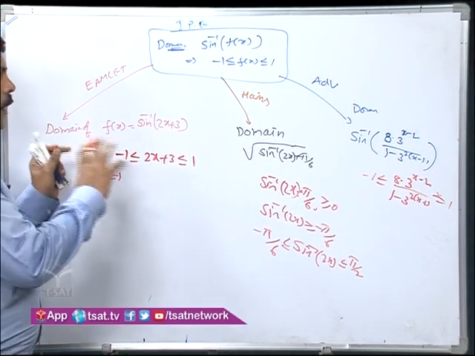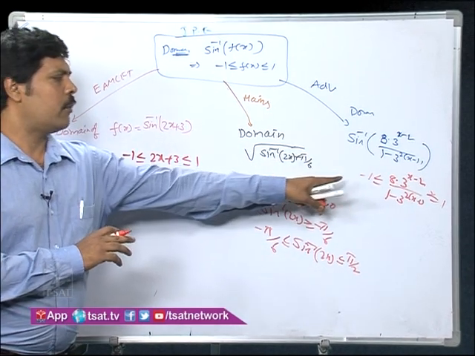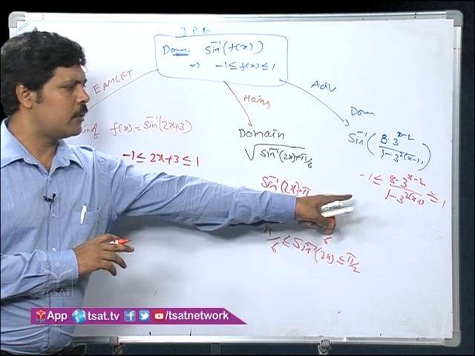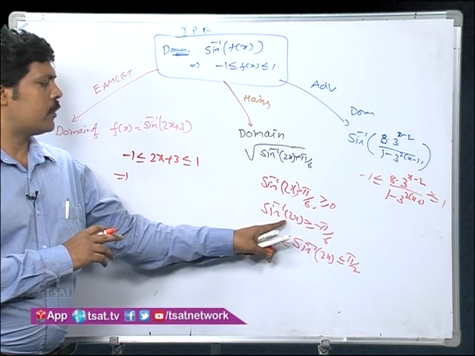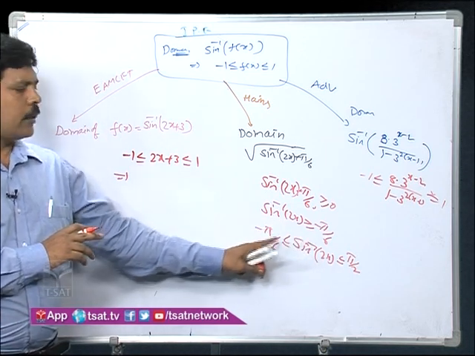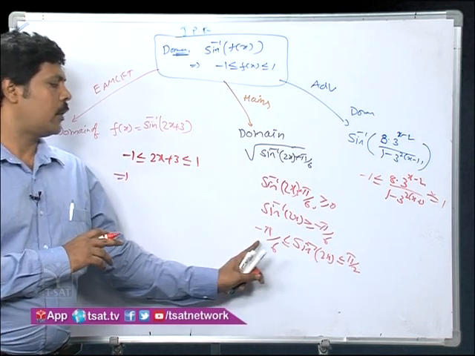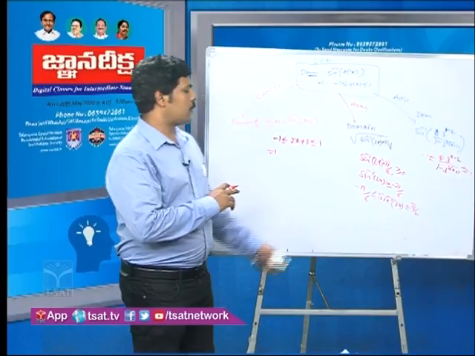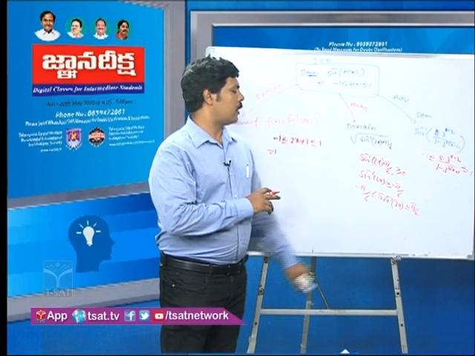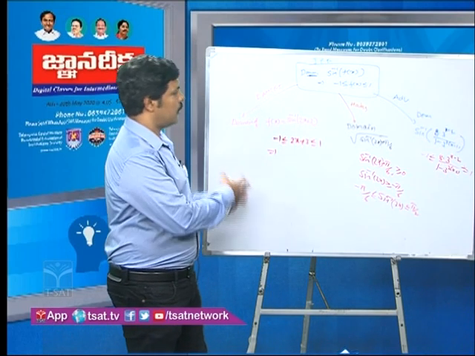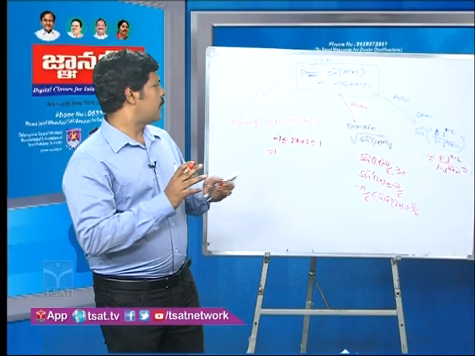This is the difference between MSET mains and advanced. We can solve this by using so many steps, by using the wavy curve method, like this. We can use here sin inverse 2x is greater than or equal to minus pi by 6. That means every sin inverse function is less than or equal to pi by 2, because the range is pi by 2. Then we can apply sin both sides. The sin inverse x is an increasing function, therefore the inequality does not alter. The inequality is the same. We can find these domains like this. This is the main difference between MSET mains and advanced.